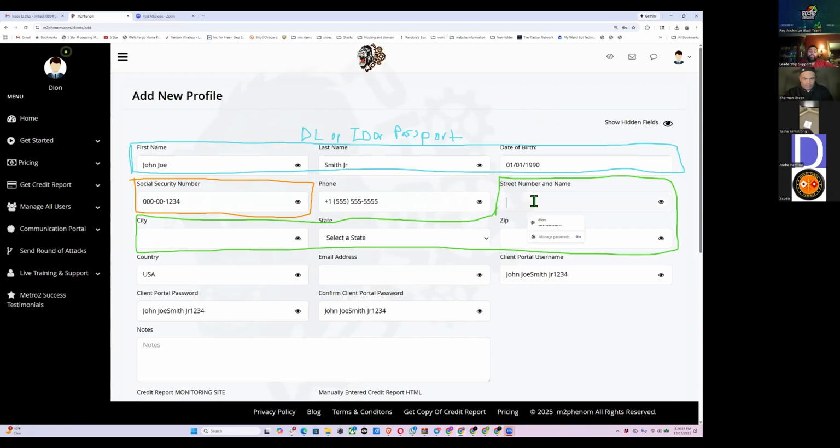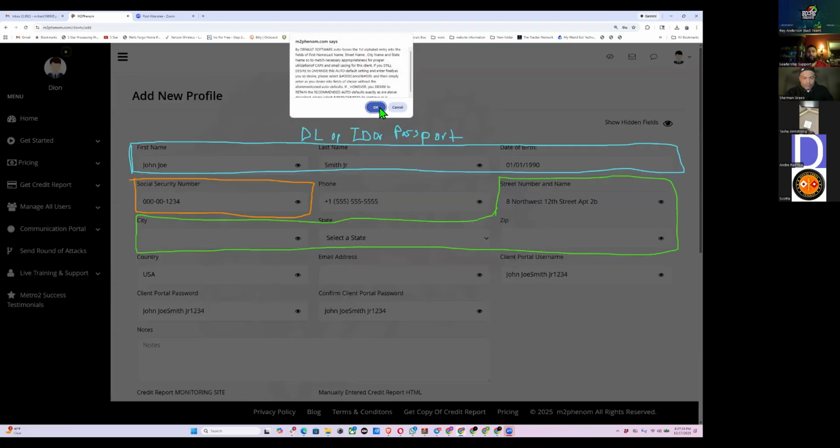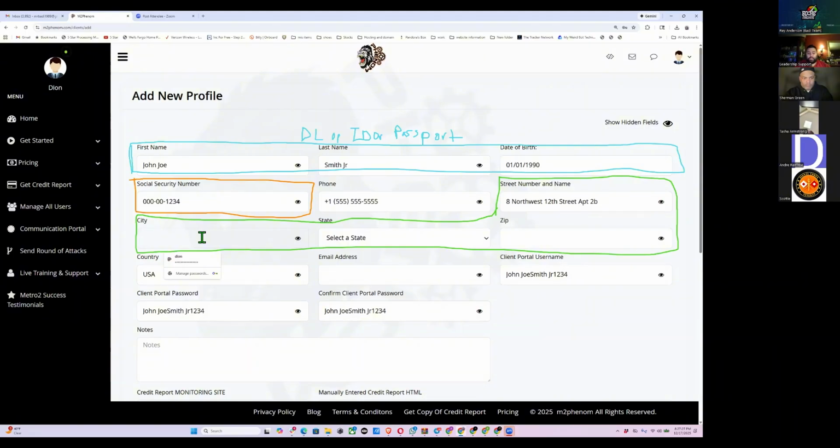And this one, power of attorney, we're going to say proof of address. We're just going to use the bank information. Ready? So it's going to look something like this. 8 Northwest 12th Street, apartment 2B. Okay, city. So normally what I'll do is I'll write in two different cities over here, ladies and gentlemen,